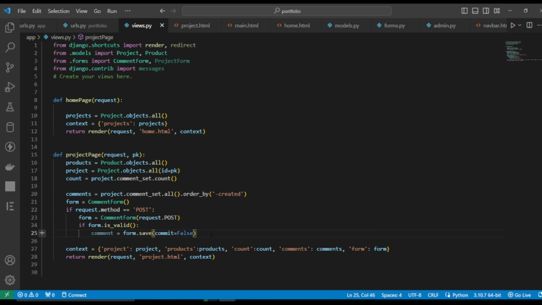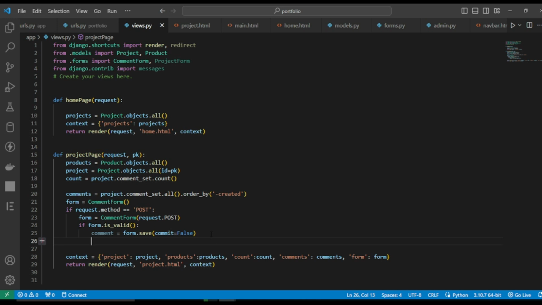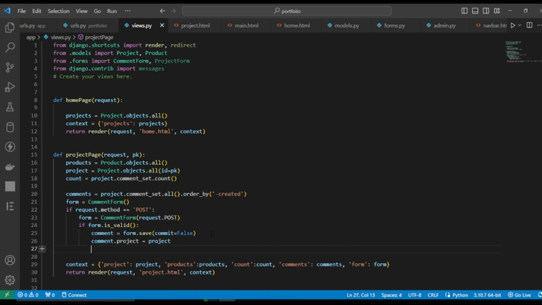This comment object is equal to this comment dot project. This project comment is equal to project dot equal to project, and we have got this comment dot save. We can save this comment, and we can